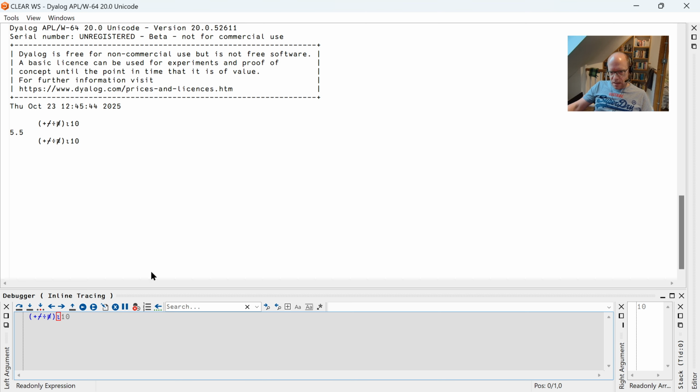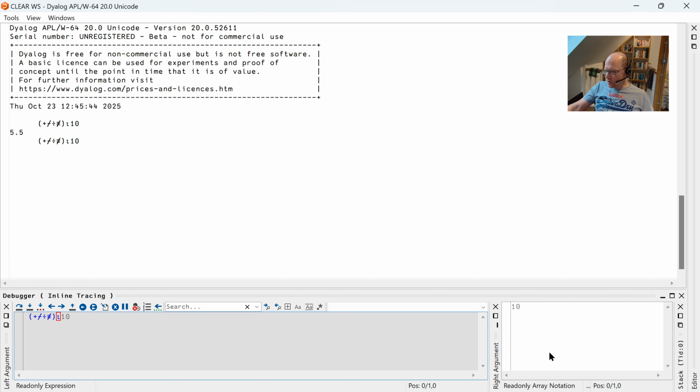We can see here that there are a couple of new things. It says inline tracing there. There's a new symbol, three dots and an arrow ahead, which, if you hover over it, says trace inline. So the same keystroke, Alt-Control-Enter. And we have this red box that highlights the next function that is about to be executed. Over here, if we make it a bit bigger, we have the right argument pane. What this tells us is that the next thing that's going to happen is that the iota will be executed with a right argument of 10. So if I press Control-Alt-Enter again,